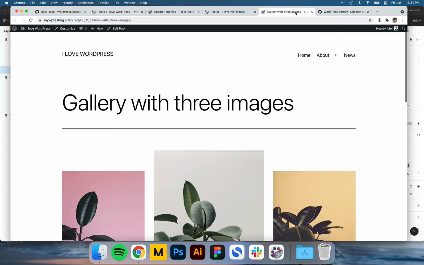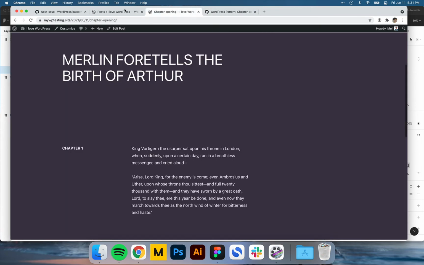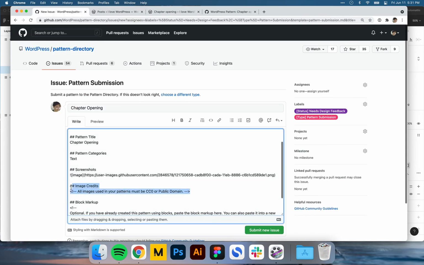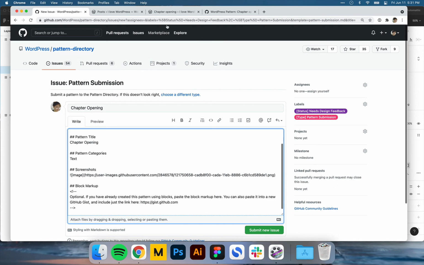And so let's close these. It's not using any images, so we don't need to worry about this image credits field. But if you do submit some, you'll have to be aware that you can only use images with a CC0 or a public domain license. And so for this block markup, we'll paste a link to this gist.